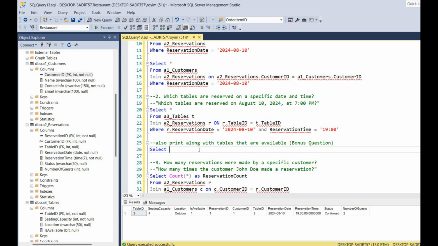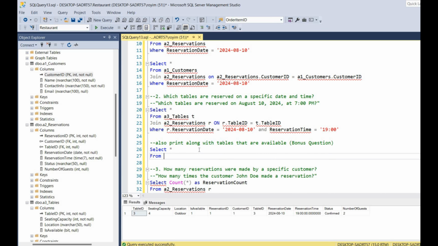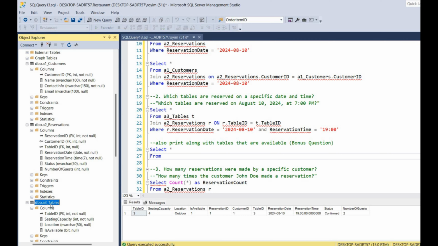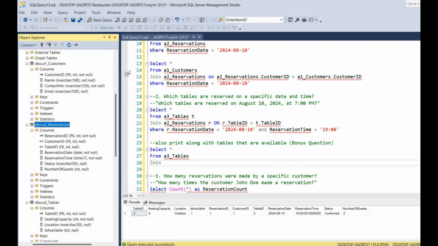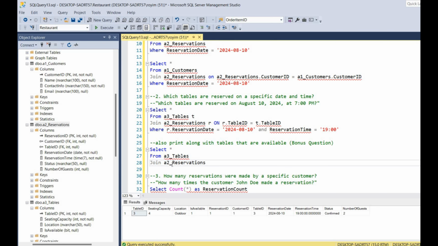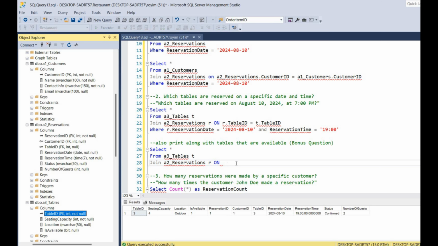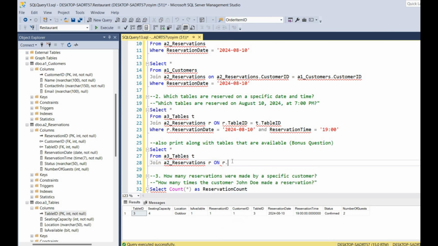select star from tables, because all the table information will come from here, and we can join with the reservation, because whether it is reserved or not, we can get that information from the reservation table. So we'll give alias name as R and this as T, and we want to join these two tables on, let's see which column is common between table and reservation. Should be table ID. So R dot table ID,